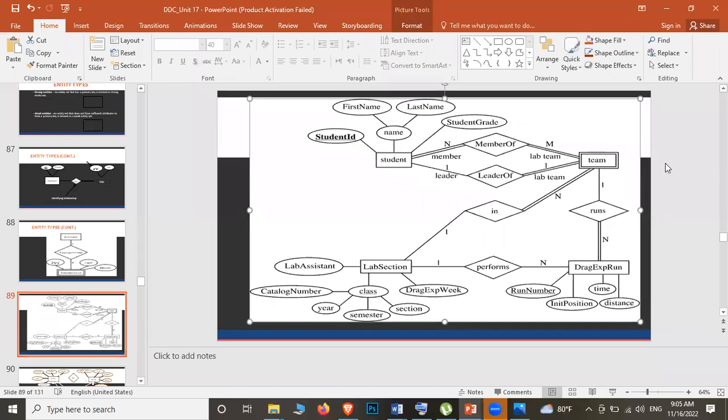See, student, member of team. Here there is a team and a student ID. Then the students' names and grades are all there. Then team doesn't have anything like that. Can you see? It doesn't have any primary key or any other things. If the student is there, somehow they should be a member or else a leader of something, right? So here it is students member of many teams. Either a student can be in the team or not.